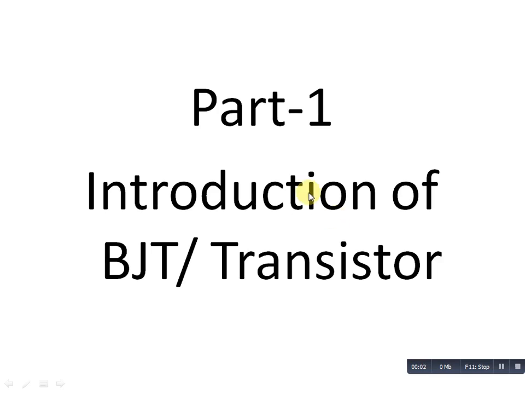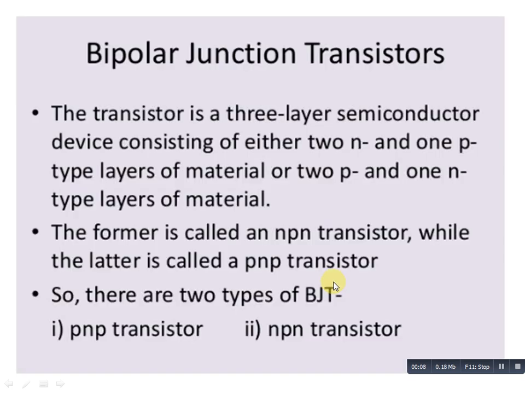Hello friends, in this video we are going to discuss the introduction of BJT, or you can say transistor. So what is BJT? Bipolar junction transistor. Transistor is a three-layer semiconductor device consisting of either 2 n-type and 1 p-type layers of material, or 2 p-type and 1 n-type